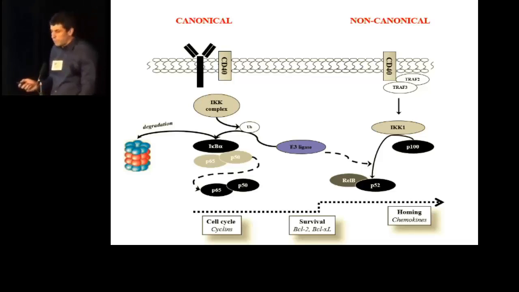So there are two main components to the NF-kappa-B pathway. One is so-called canonical, which is upregulated in the presence of B-cell receptor signaling and CD40 receptor signaling. The other one is non-canonical, and CD40 receptor signaling also stimulates that. Additional signals which upregulate NF-kappa-B include BAFF, APRIL, toll-like receptor, and others. It's a cascade of events. In the canonical pathway,